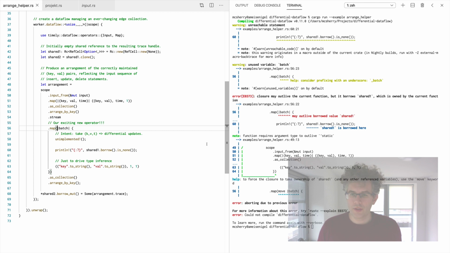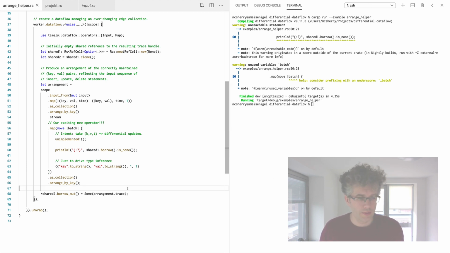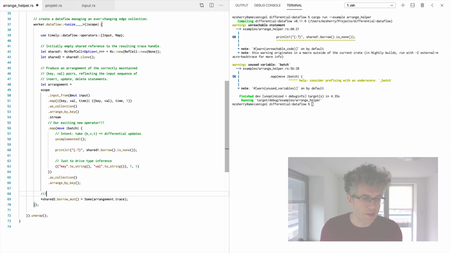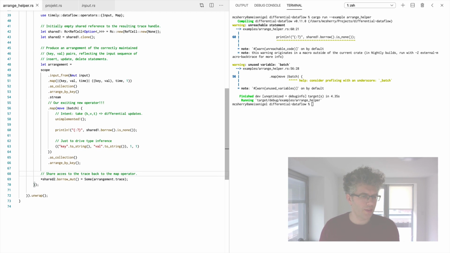now, looking at the errors over here, we need to indicate this is a move. That is, the closure shouldn't borrow a reference to shared 1. It should actually just take ownership of shared 1. That's a legit thing to do. And now we've got a program. It doesn't do the right thing yet, but its structure hopefully is more clear to you. Yeah. So okay. So this is now the rough structure of the program, and I think from this point on,